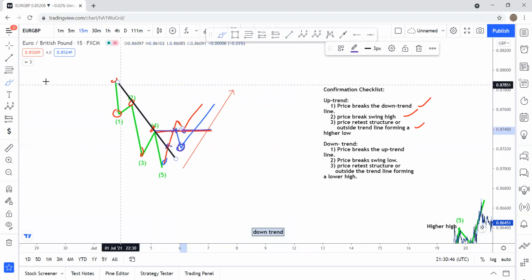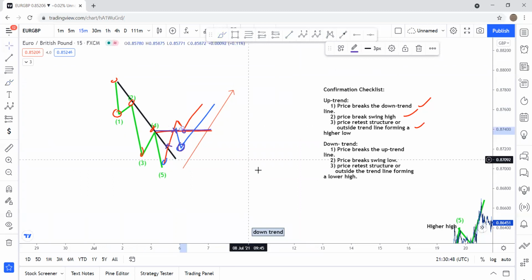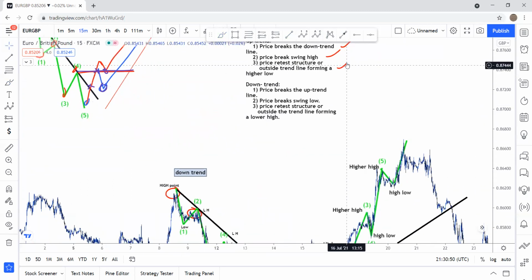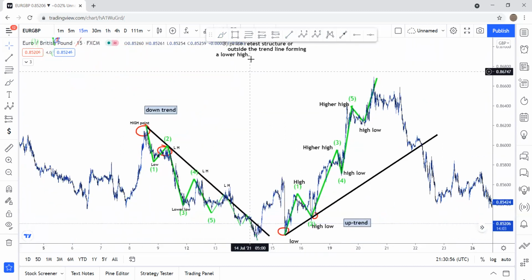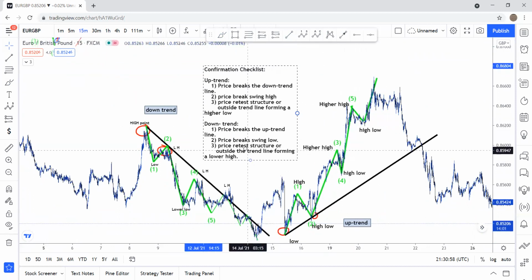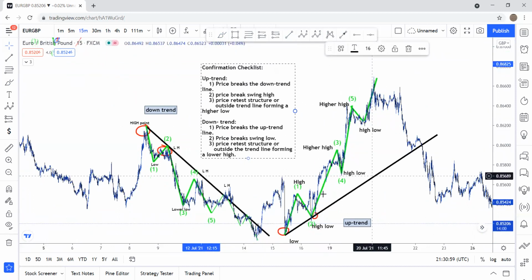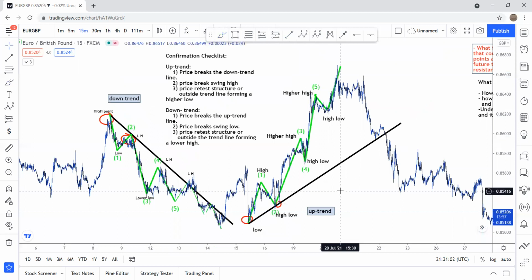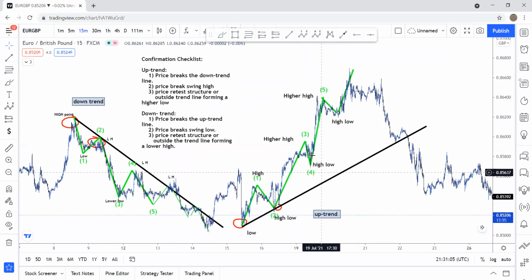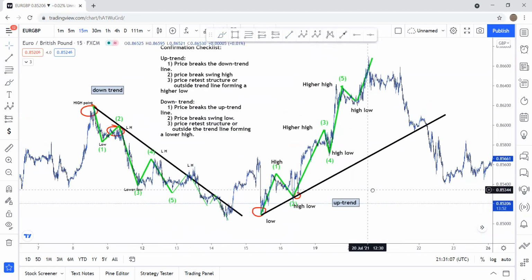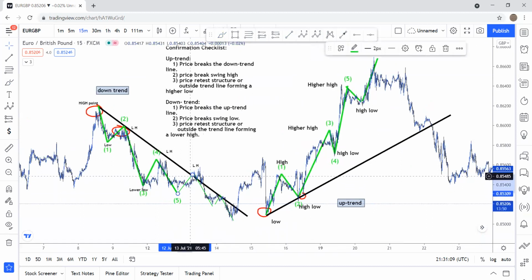Okay, so let's look at that down here on the chart. Let's clear this up a little bit. We're also going to go for the establishment of a downtrend, okay? Let's look at this on the chart. So we're looking at an uptrend over here, okay? So if we look back over here on this chart,